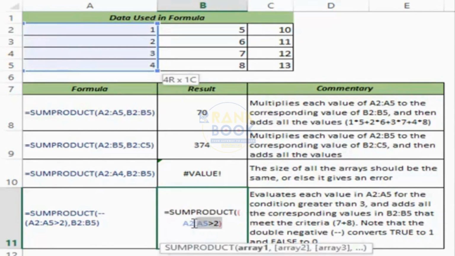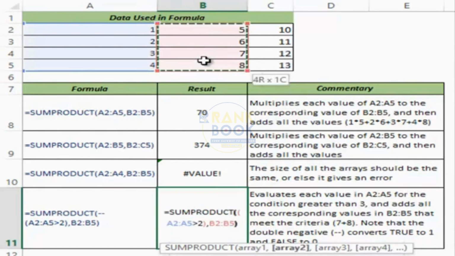So here I have given a condition that this array is greater than 2, and what would this return? If I hit F9, this would return a series of trues and falses based on when the condition is true or false. The first 2 are false because these are not greater than 2, but 3 and 4 are true because these are greater than 2. Now this is my array, and my second array is B2 to B5,